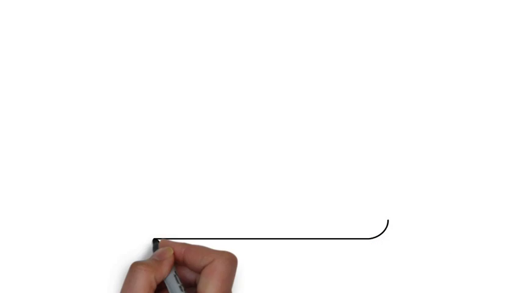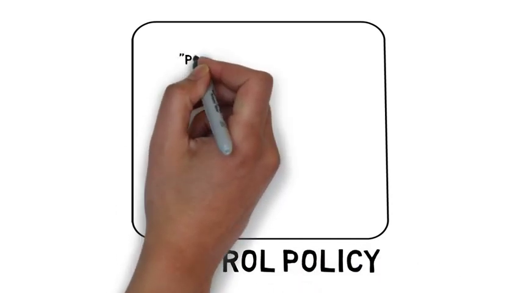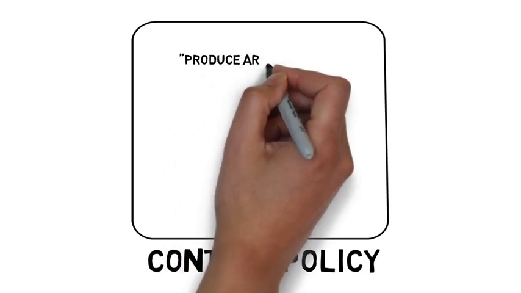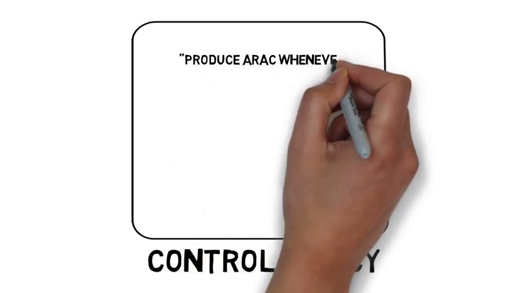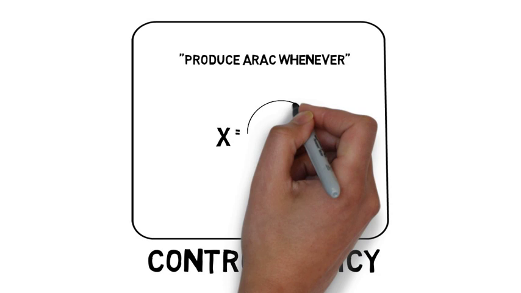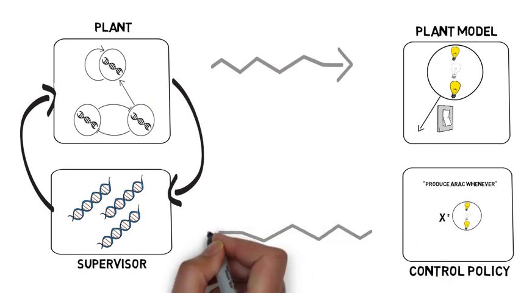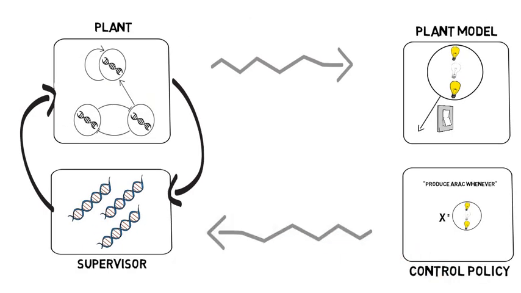For this model, we devised algorithms based on supervisory control theory to find a control policy, which is a set of sentences like: activate the gene that produces a given protein, let's say a Rabinow's regulator, if and only if the network is in a specific state X. These instructions can be implemented by a set of synthetic genes with the help of a branch of science called synthetic biology.